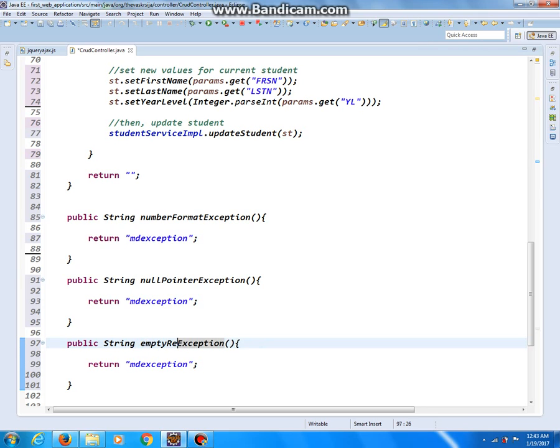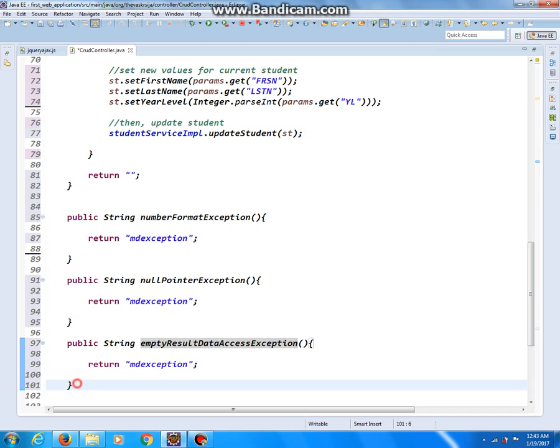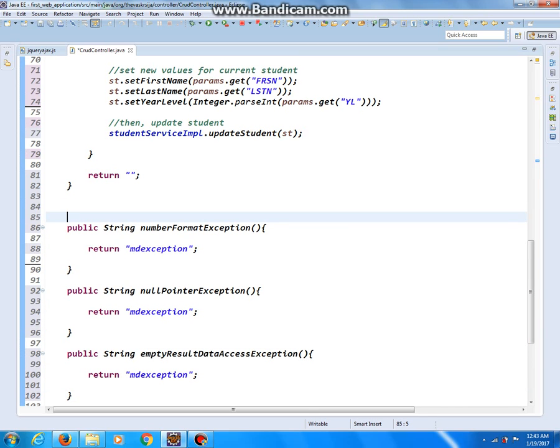empty result data access exception. Okay, these three methods will handle exceptions. But in order to be able to do something like that, above this method we must use an annotation, and that annotation is